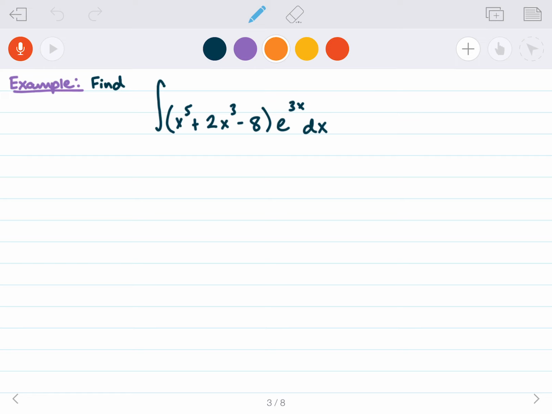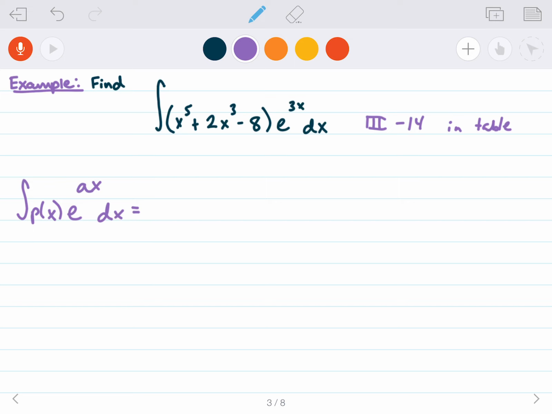All right, so here's the rule that we're using from the table. We are using numeral 3, number 14 in the table. And what does that tell us? That tells us that for a polynomial p of x, remember what a polynomial is, it's basically a function that's not rational or transcendental, so x squared plus 3x minus 4, something like that, the integral of p of x times e to the ax dx is equal to